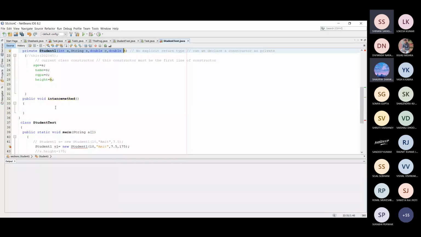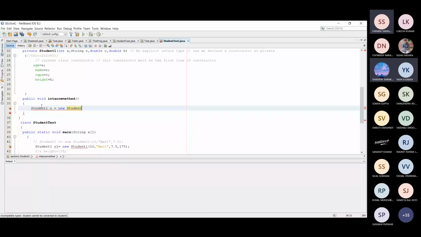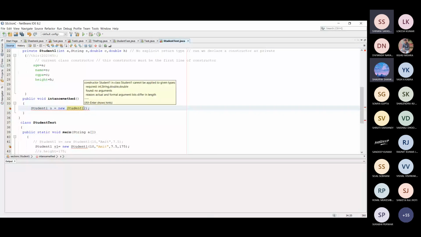Now from this method we can call this particular constructor. If I write here like this, Student1 s = new Student1, okay, if I write this, what is the problem here? क्या problem है?